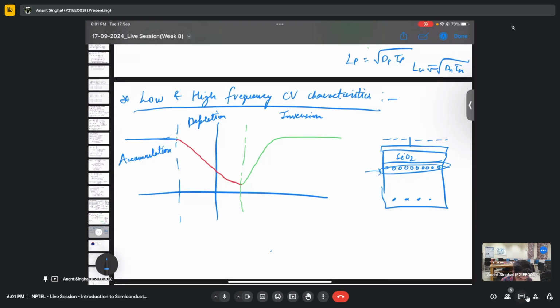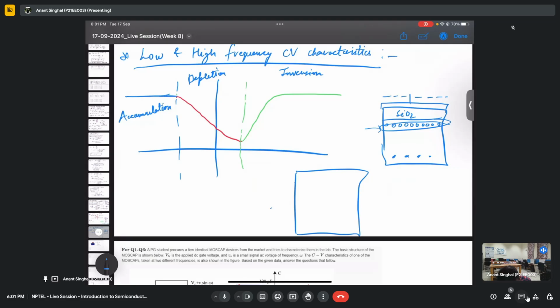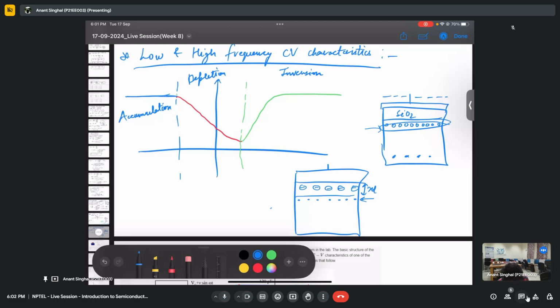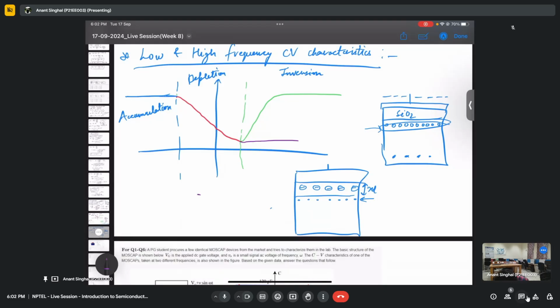Yes, sir. So in inversion, what happens? Let's say depletion has happened. This is the depletion width, and we have applied a very high frequency, such that these depletion carriers, let's say Na minus, are there, but the frequency does not have enough time to make this particular layer additional. So what will happen? This capacitance will think that it is still in depletion, and at high frequency it just gets stuck at this particular depletion capacitance. So this is the plot for high frequency,